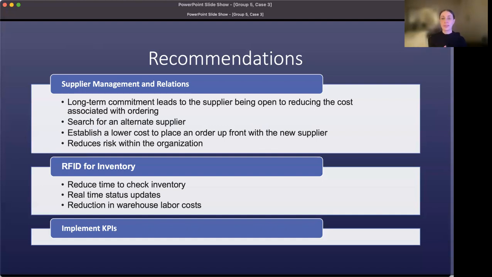Next, we want to implement some technology and use RFID technology for inventory. Using this in our warehousing and inventory processes can really reduce cost and improve efficiency. It can reduce the time it takes to check inventory. It ultimately can reduce warehouse labor costs. Technology is more reliable. It's cutting down on human error. RFID has real capabilities for real-time status and updates of your assets and an added security layer to reduce some